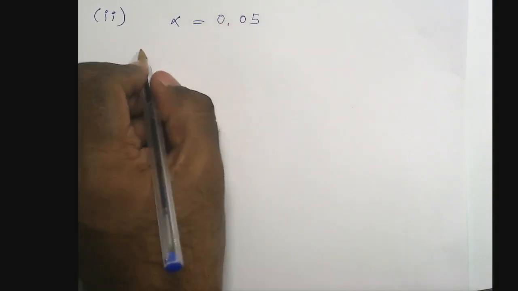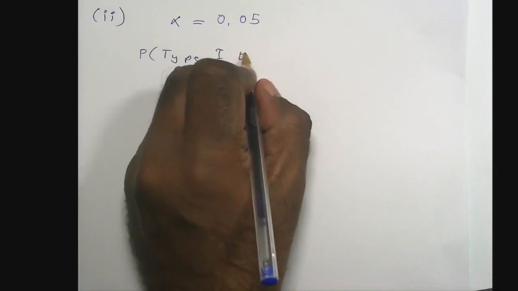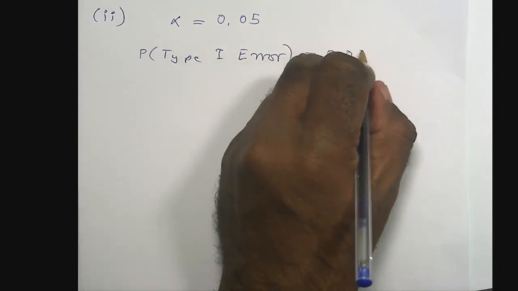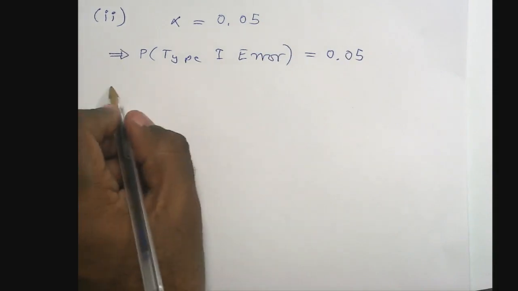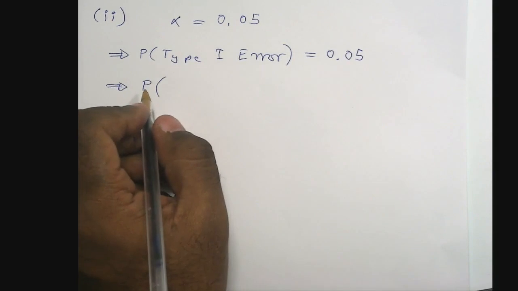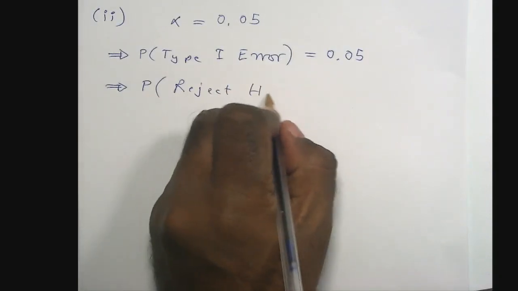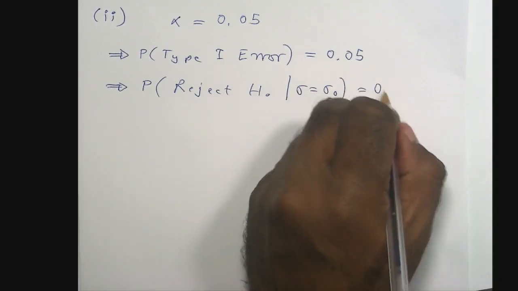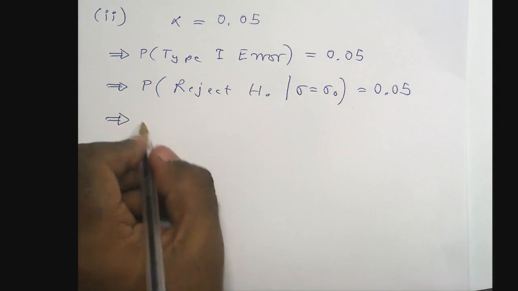So the probability of type 1 error is equal to 0.05. We know that type 1 error is the probability of rejecting H0 when H0 is true, that is, sigma equal to sigma 0. So this is the probability that